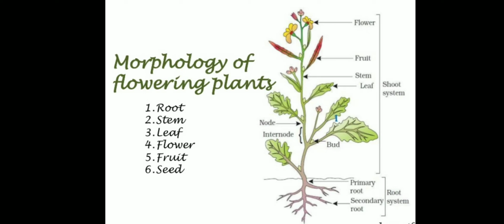Okay. If you pull out any weed, you know weed, those are the unwanted plants that grow around in the field, isn't it? So if you pull out any weed, you'll see that all of them have roots, stems and leaves. They may be bearing flowers and fruits, isn't it? The underground part of the flowering plant is the root system, while the portion above the ground forms the shoot system. Okay, so in this chapter, we'll learn about the structure or the morphology of these plants. Okay, we'll start with root.